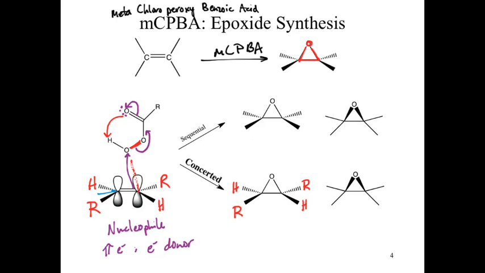Our other carbon in here just lost electrons, so it's now formally positive. It doesn't want to be positive, so it needs to get electrons. What happens? The electrons in that hydrogen-oxygen bond come down and hook up with that carbon. The net result of this is that we end up forming both our carbon-oxygen bonds of our epoxide at the exact same instant. Okay? And at the same time, the rest of that peroxy structure